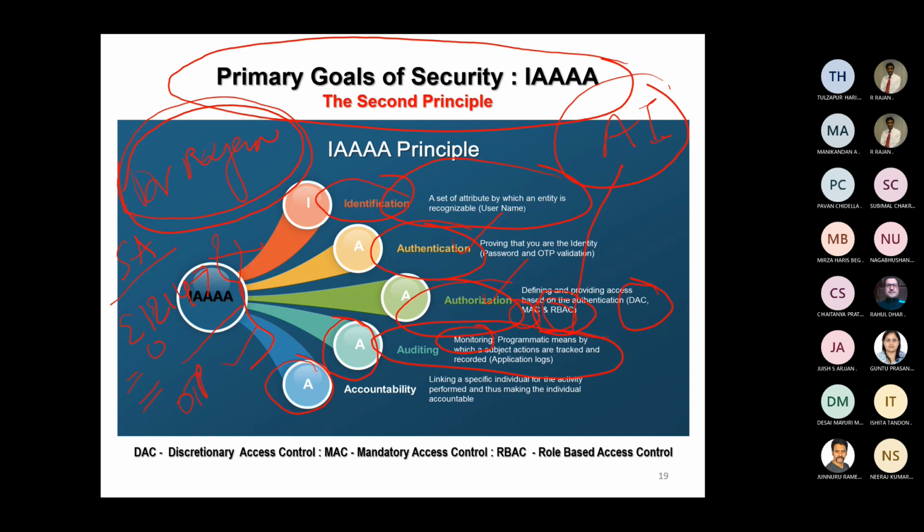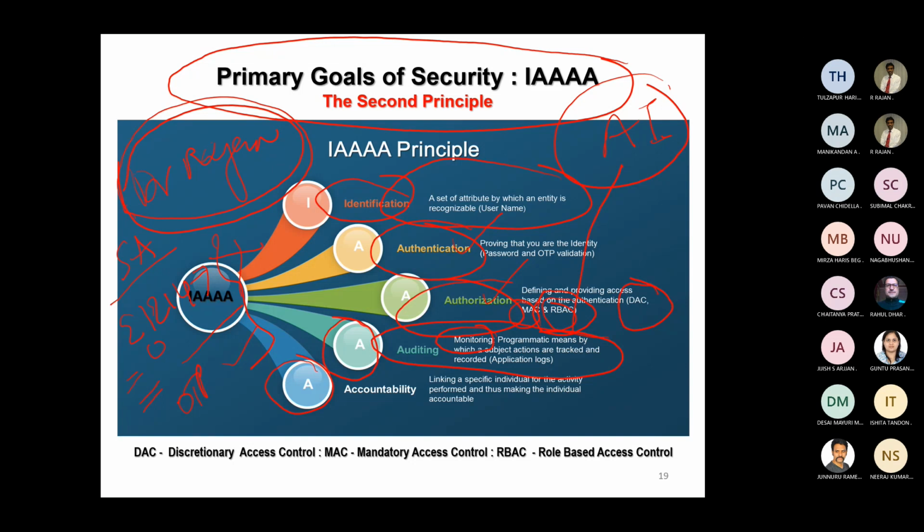The accountability refers to the human-related component. See, now it has got a sensitivity attached. When an organization is believing me and providing me information that is required to be used only for business purposes, I've got to be accountable for it. So my behavior also needs to be reviewed. So that is the fourth A.